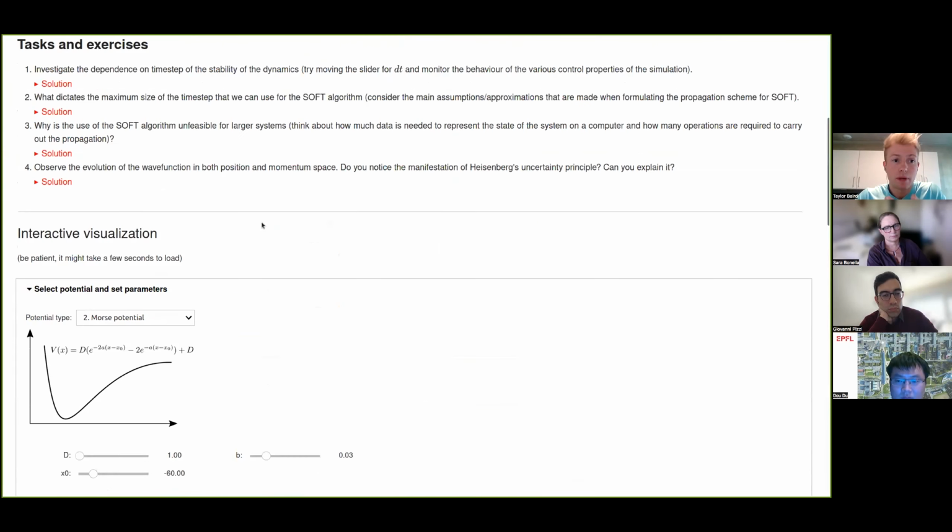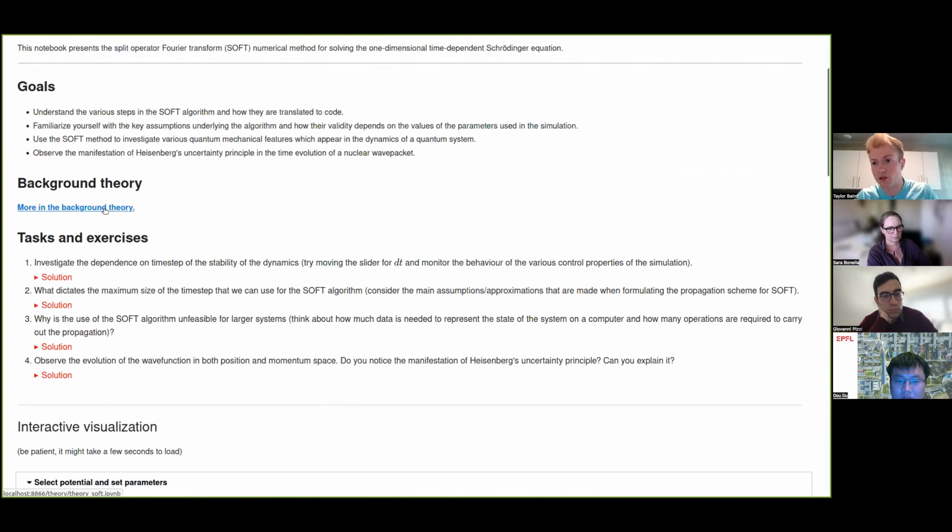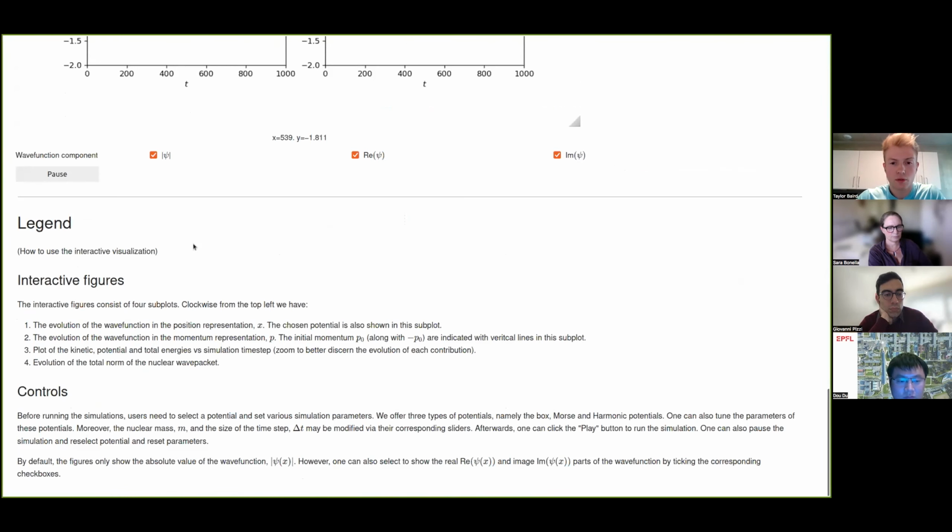and point them to this background theory notebook if they perhaps require a refresher. Finally, the notebook is written so that students may also use it after class without instructor supervision. There's a supplied legend at the very bottom of the notebook, which is comprehensive and guides students in their usage